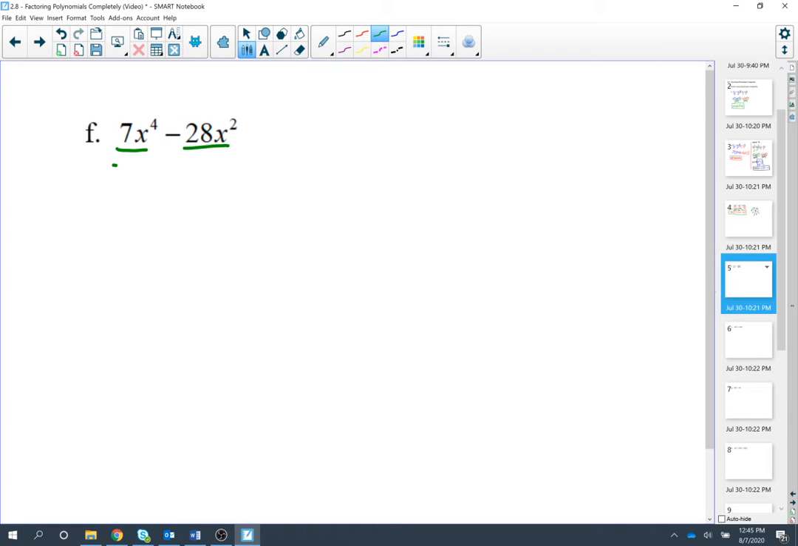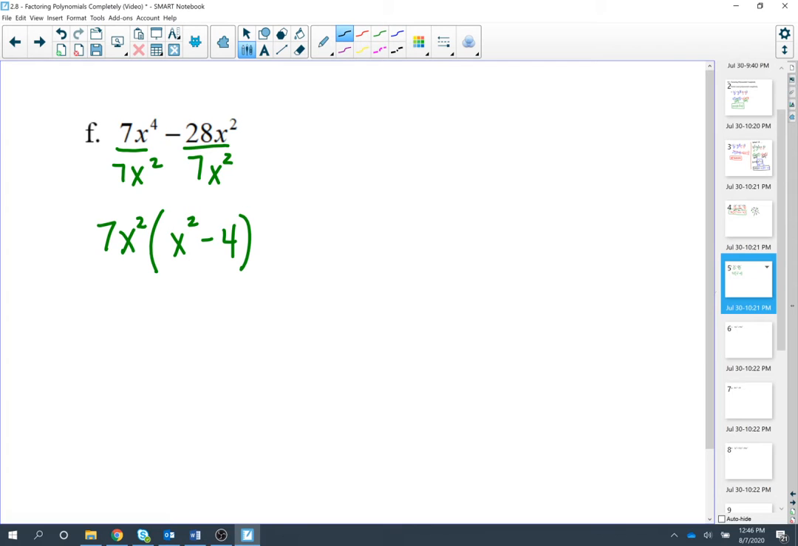7 and 28, both divisible by 7. X to the fourth, x squared, I could get an x squared out of both of them. So GCF, 7x squared. Left over, I'm going to have an x squared minus 4. Now, on the last example we just ended our other video with, that was about as far as we could go. But this one, I'm going to look and I'm going to, okay, x squared minus 4, I wonder if